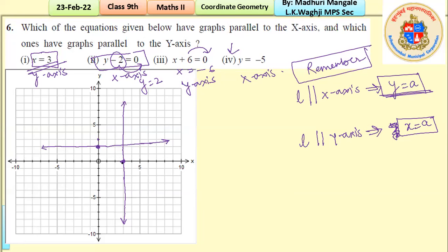So on the x-axis, check where negative 6 is. Over here. And we just draw a line which passes through this point, x equals negative 6. And x equals 3, yes, correct. Y equals 2, that's correct. X equals negative 6, that's correct. And lastly, y equals negative 5, so y on the y-axis,